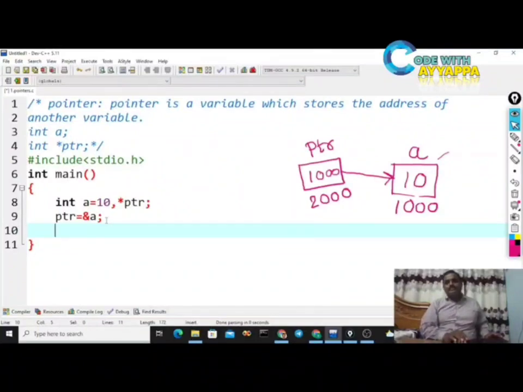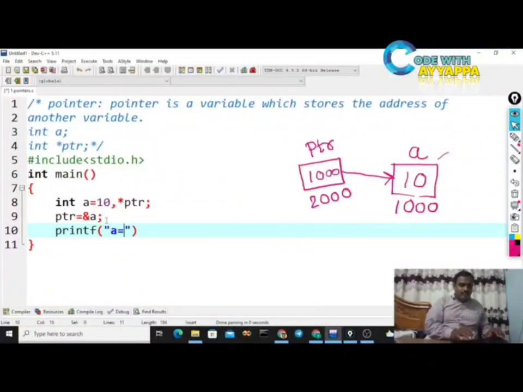Suppose the memory location contains float type data, you need to declare a float pointer. Suppose the memory location contains a file, you need to declare a file pointer. Suppose the memory location contains structure data, you need to declare a structure pointer. That is the meaning.